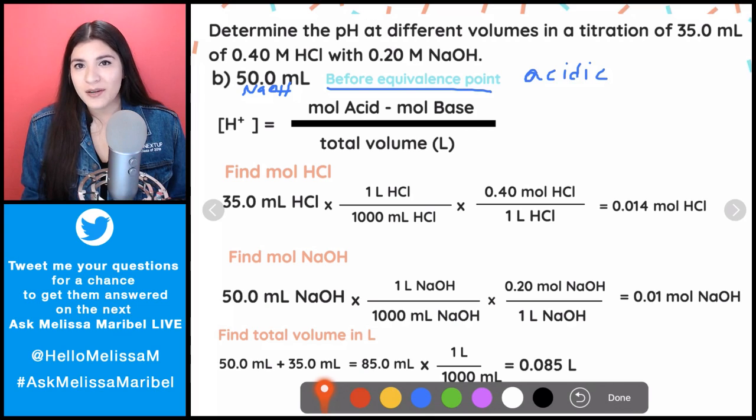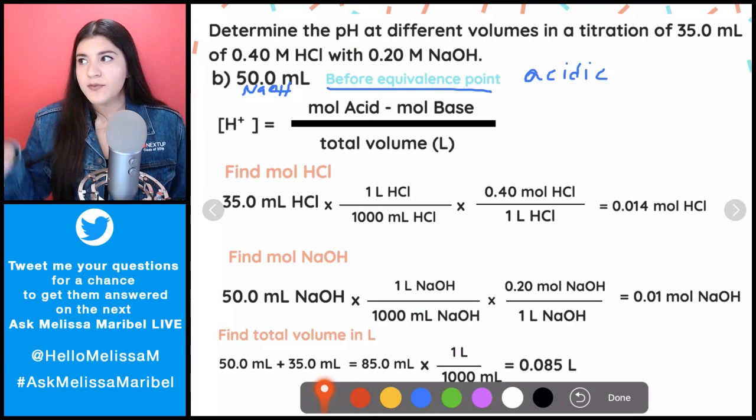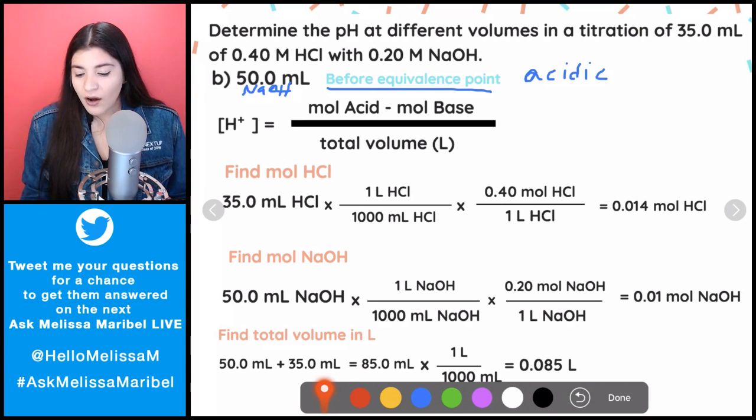Sure, you can, but it makes it more complicated, I personally feel. I will go over that though, for the second type of titration that I'll talk about. But for now, this is going to be, I'd say, the simplest way. That's why I like to teach it this method.